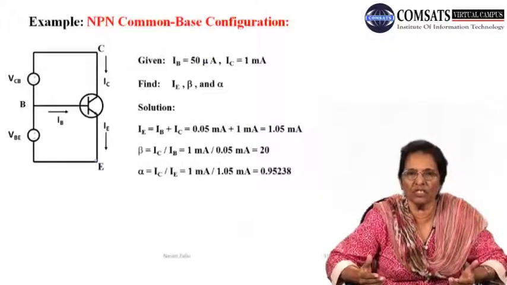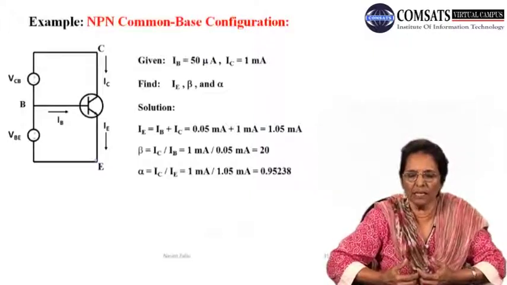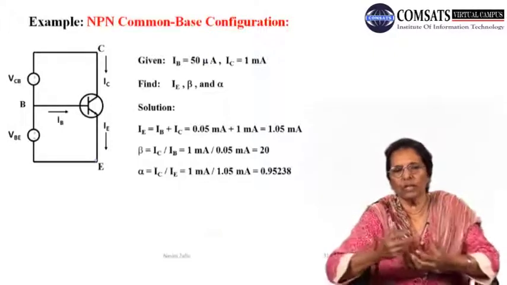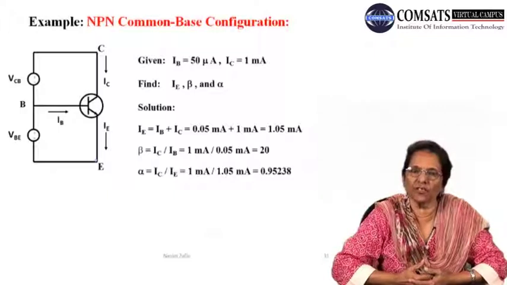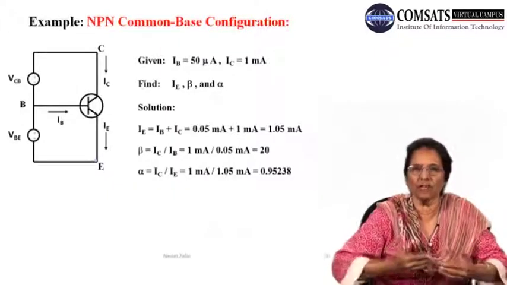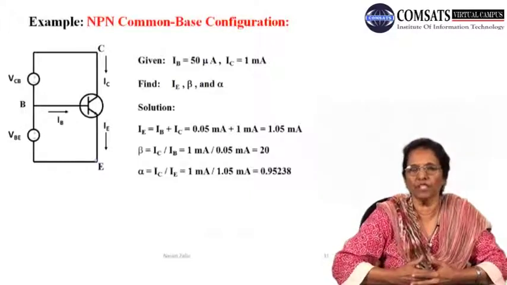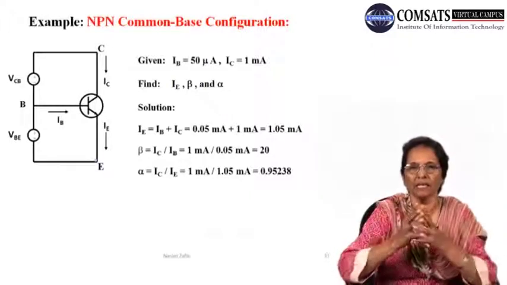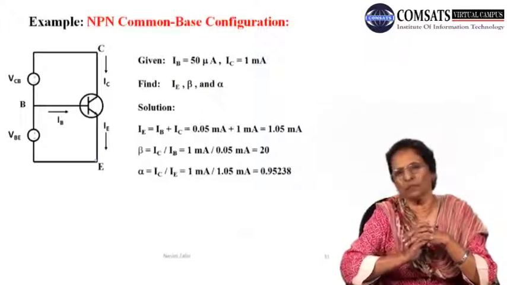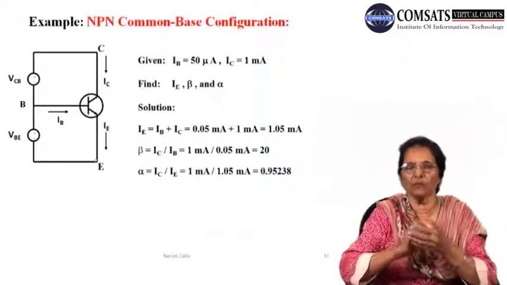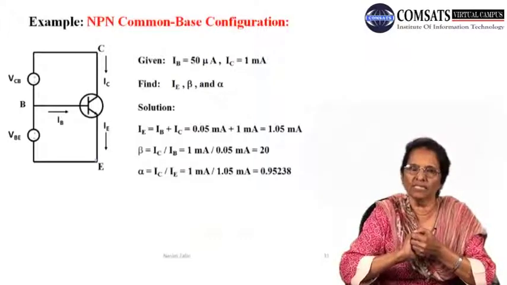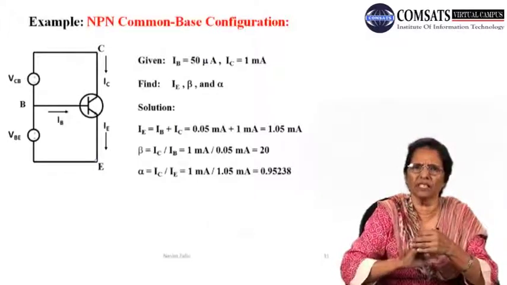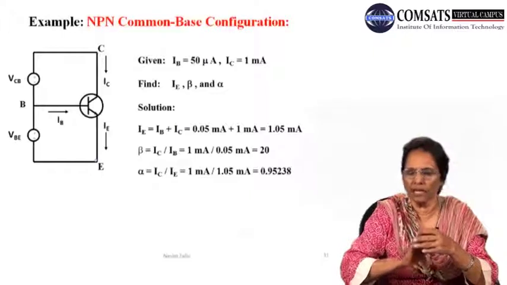So we notice from this example, इसको solve करने के बाद हमें पता चलता है कि किसी भी कॉन्फ़िगरेशन के लिए, किसी पर्टिकुलर बाइसिंग के लिए, जैसे इस केस में हमने बेस को कॉमन लिया है और कोई मखसूस वैल्यूज़ आप इनपुट की चूज़ कर लें और आउटपुट जो आपको मिल रहा है आउटपुट कैरेक्टरिस्टिक्स से, तो हम ये देख सकते हैं कि बीटा कितना लार्ज है और अल्फ़ा कितना है। तो इस केस में हमारा बीटा 20 है और अल्फ़ा 0.95 है। Therefore we would like, अगर आप एक सर्किट को एज एन एम्पलीफायर देखना चाह रहे हैं, इस पर्टिकुलर एग्जाम्पल में obviously it will be a DC amplifier सर्किट। तो इसमें करंट गेन ओनली एज हाई एज 20 हो पा रही है।